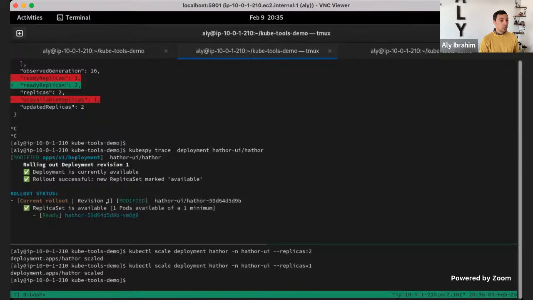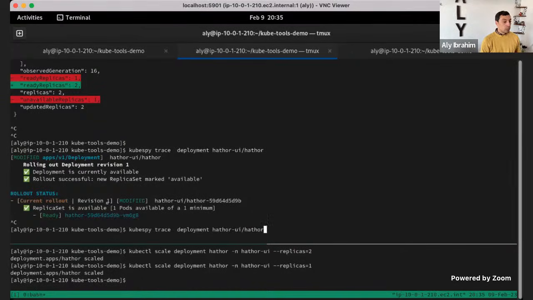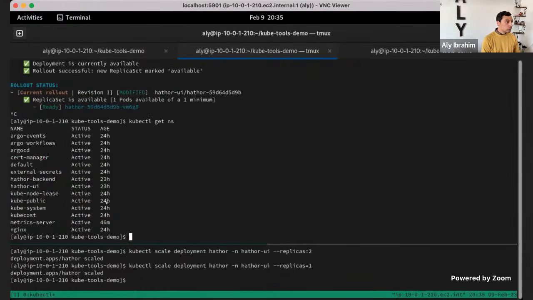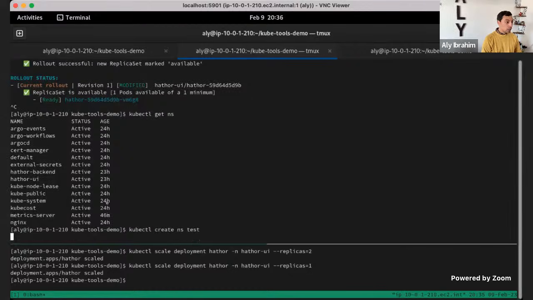We can also do something different, especially when you're debugging something. For example, do we have test here? kubectl apply.